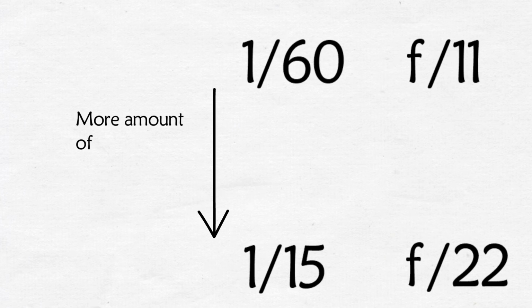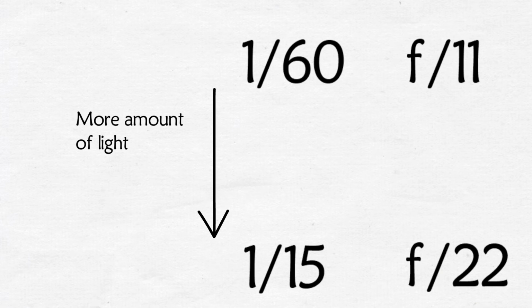Okay, here comes the answers. It is 1/15 will be f22. Okay, first let us see how we got it. Right. 1/60 f11. I want to shoot at the shutter speed of 1/15. This time I am allowing more amount of light to the shutter speed. Right. Previously what we saw, we are cutting out light to the shutter speed and adjusting the aperture accordingly. But this time I am allowing more amount of light to the shutter speed. Now, let us see what will happen to the aperture.